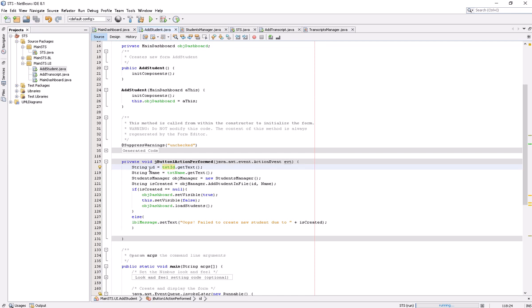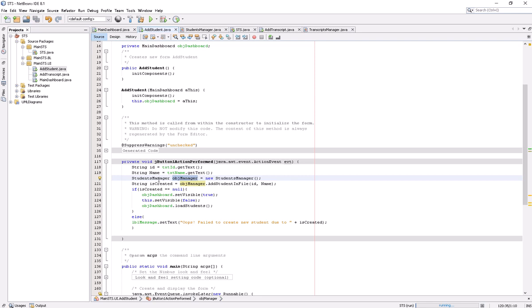So I have read both the ID and name from the form when the user fills it and clicks the add button. Now I am separating my business logic. I don't have to write the business logic over here.